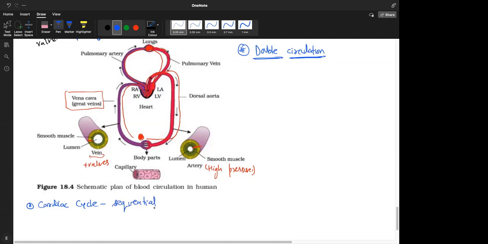Sequential means a series of sequences, from 1 to x to y to z. So sequential events that in a cyclic manner